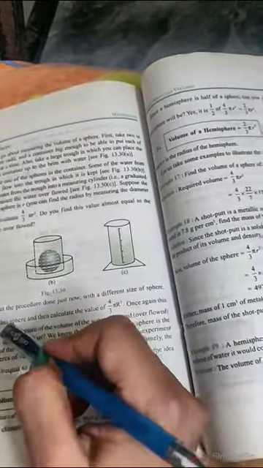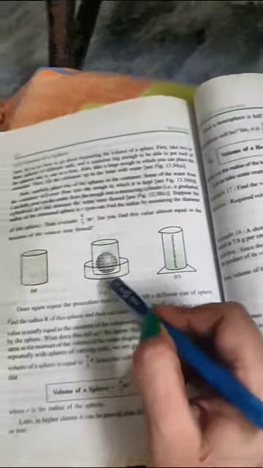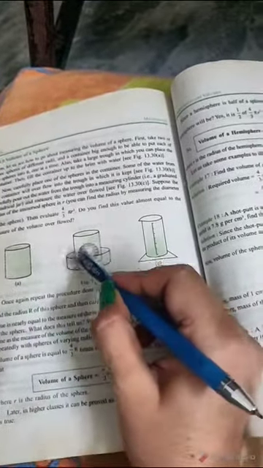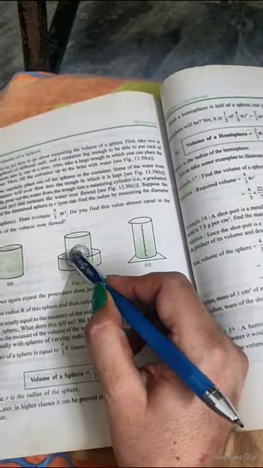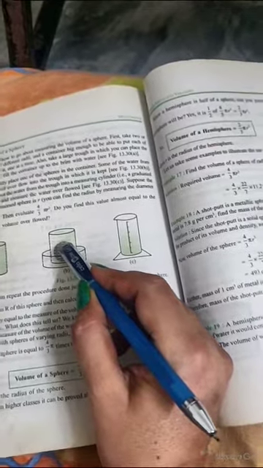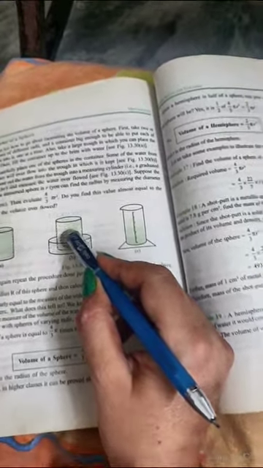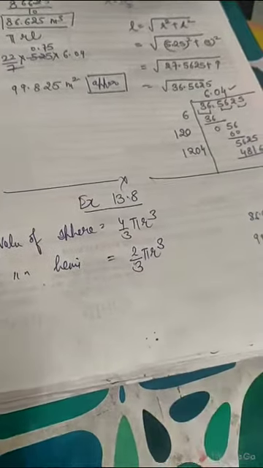You will see that the volume of water which is collected in the tray is equal to the volume of the sphere which we have calculated by using the formula 4 by 3 pi r cube. How to find out the radius of the sphere? In the previous videos, Geetu ma'am has already told you how to find out the radius. So you will see that the volume of a sphere is calculated by the formula 4 by 3 pi r cube, and the volume of a hemisphere is equal to 2 by 3 pi r cube.